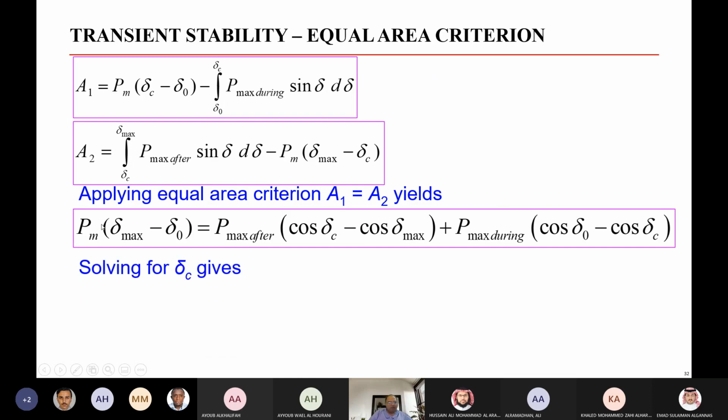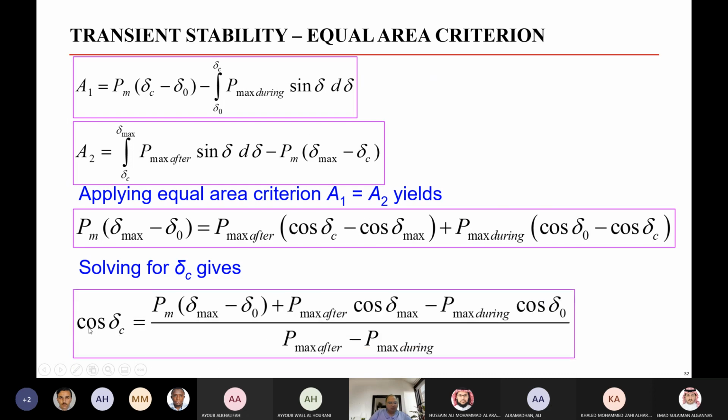You have Bm, B max, Bm is known, delta max is known, all things are known except delta C. You have here cosine delta C, and you have here cosine delta C also, so you can have cosine delta C equal to this. This is a solution of this equation. All are known. Bm is known, all these are known, so you can get delta C, the critical clearing angle,